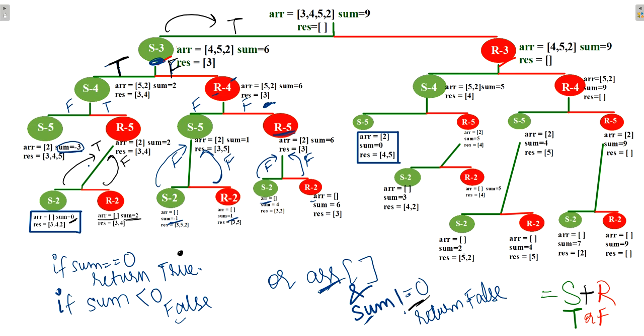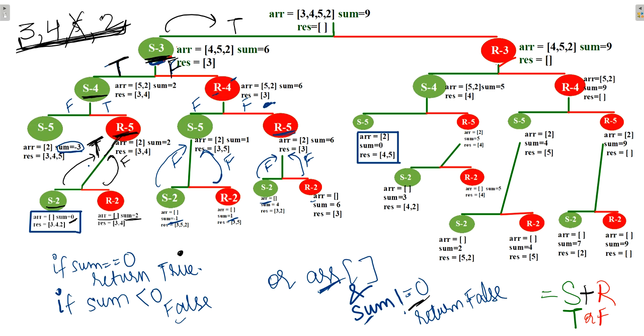Now here if you have observed the left side, we got true from 3 as it was selected. Then 4 was selected. Here 5 was rejected as it is false over here. R5 was rejected, so for 5 it rejected. Then it went for select 2 as it is true over here. So 3 plus 4 plus 2 is equal to 9. So here we got the first subset: 3, 4 and 2.